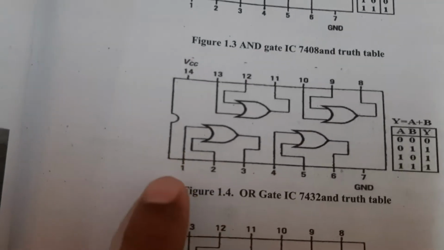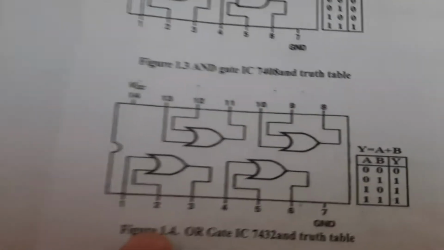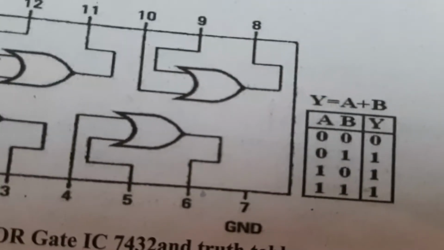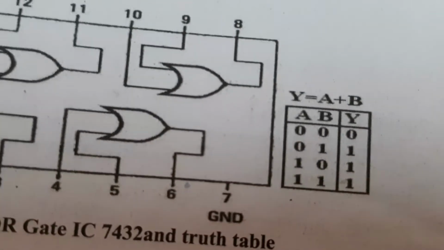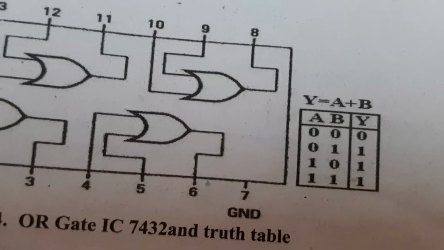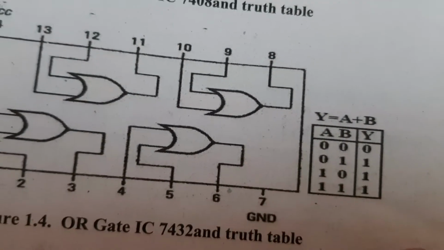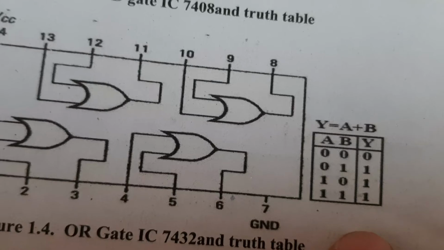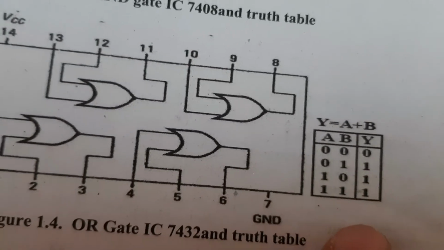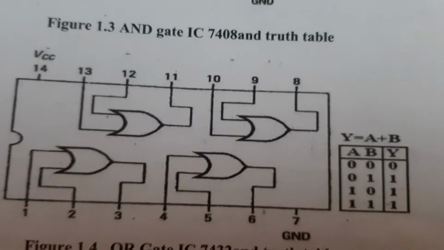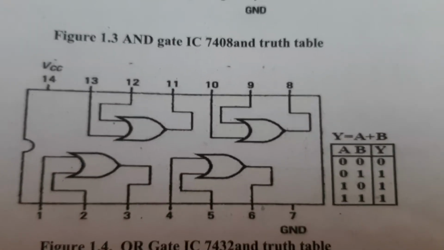So we have now used the first gate. So this is the truth table of OR gate. A B Y, Y is equal to A or B. Output is on whenever one or more inputs are on. So all the 3 entries you can see are 1 1 1. Only when A and B both are 0, that time the output is 0. So this is the property of the OR gate.